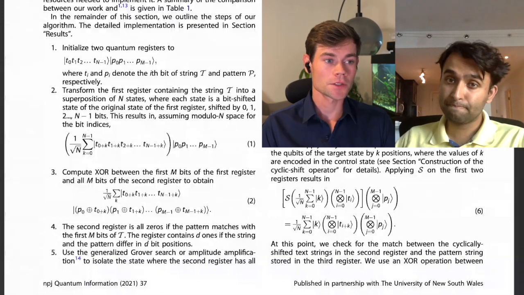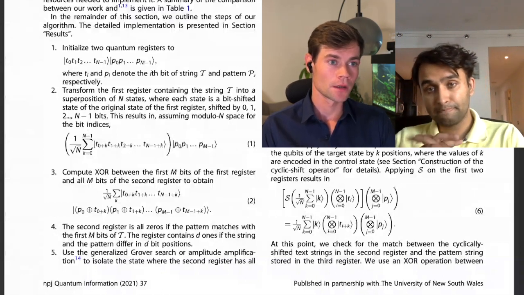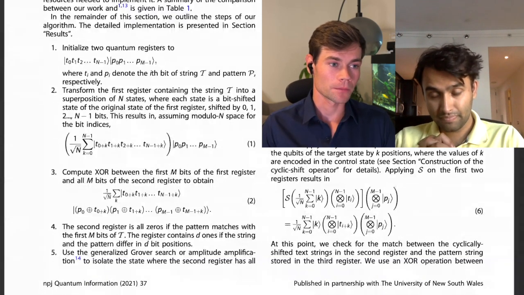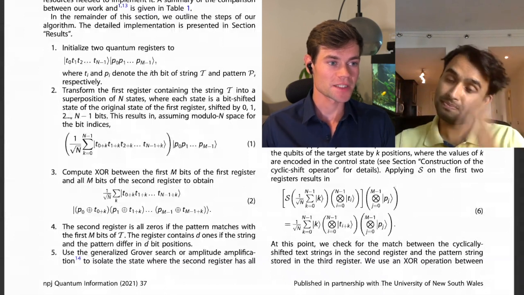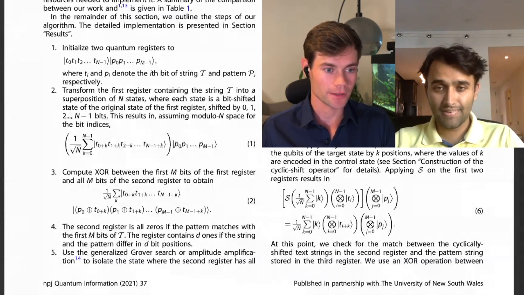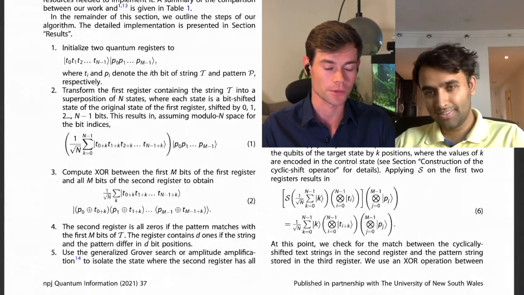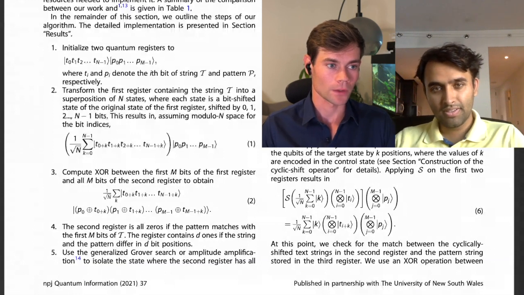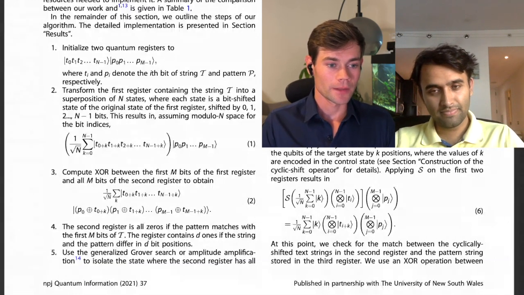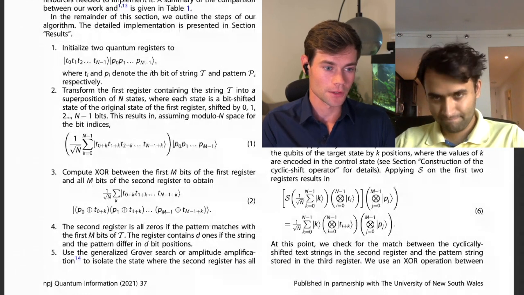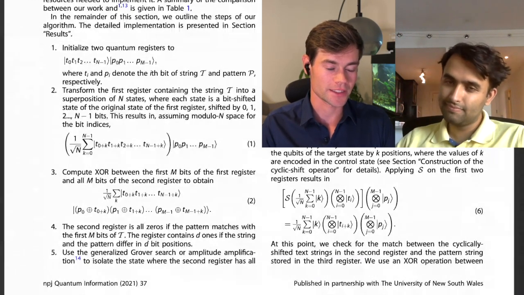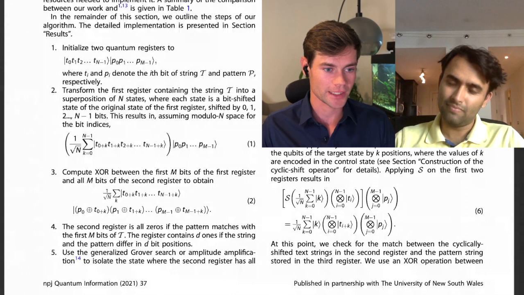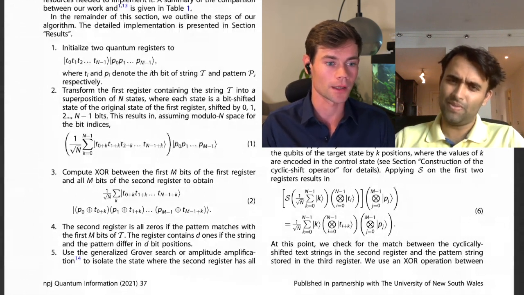Okay, good. So then what we get in the final register, assuming we're not doing a fuzzy search, is something where we either have a complete, let's say, serialization of this second register, which would correspond to a match, or not, which would not correspond to a match. You then mention in steps 4 and 5 that you conduct a generalized Grover search with amplitude amplification to identify the state where you have this match. We can get back to the fuzzy search in a second, because that would be the more involved one that we need to discuss.